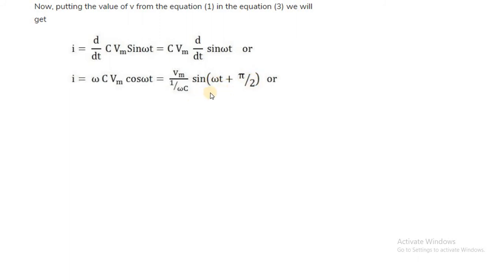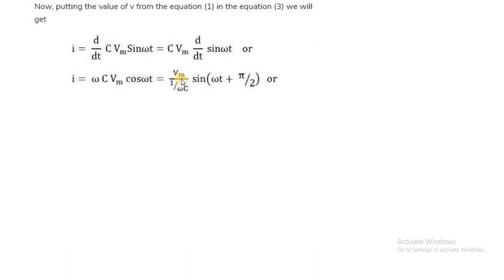Now there are two things we get from this equation. The current is going to have a phase angle of 90 degrees, that is pi by 2, and it is positive. So it is positive 90 degrees. What kind of information does that give? The current is leading with respect to voltage by 90 degrees, because voltage is at V equal to Vm sin omega t. If voltage is the reference, the current is going to lead it by 90 degrees. Now the second information is what?